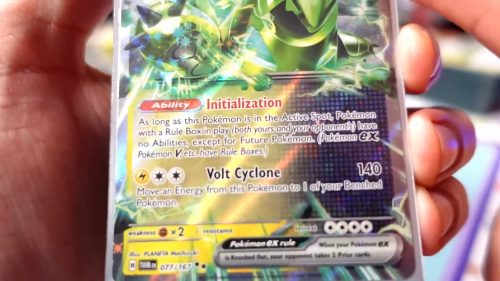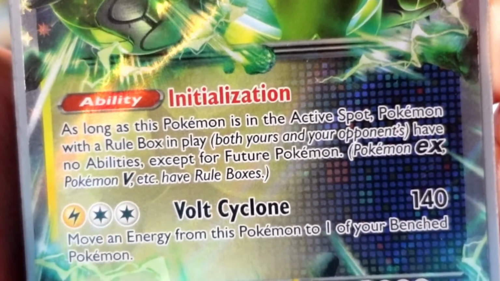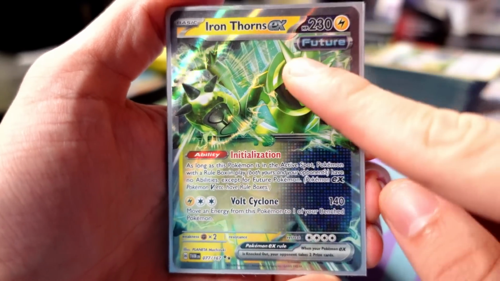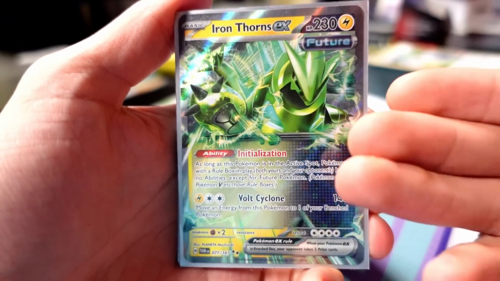Initialization, let's just read it together. As long as this Pokemon is in the active spot, Pokemon with a Rule Box in play, both yours and your opponent's, have no abilities except for Future Pokemon. That's why we're only running 4 copies of Iron Thorns EX and no other Pokemon, because for example, when I would tech Iron Thorns EX